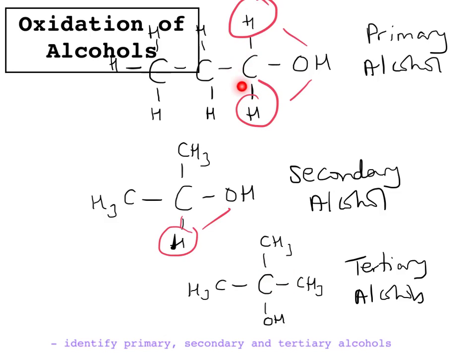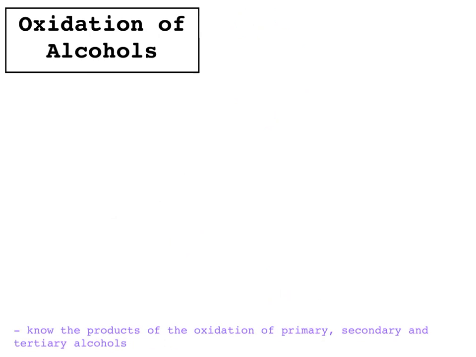So primary alcohol has 2 hydrogens attached to the carbon that the OH is attached to. A secondary alcohol only has 1 hydrogen attached to the carbon the OH group is attached to, and tertiary alcohols have no hydrogens attached to the carbon that the OH is attached to. So as I said, these different alcohols will oxidise in different ways, depending on what the type of alcohol it is. So if you have a primary alcohol,